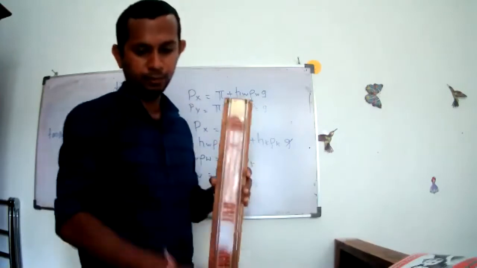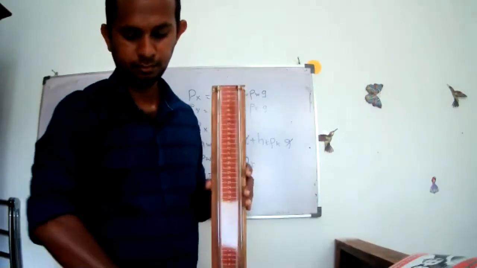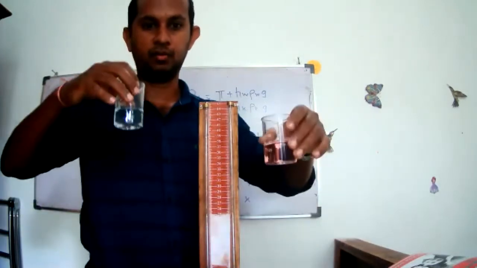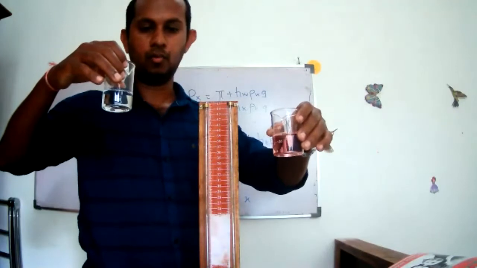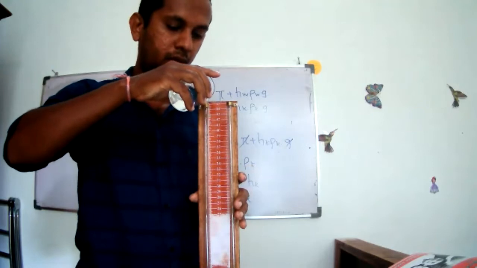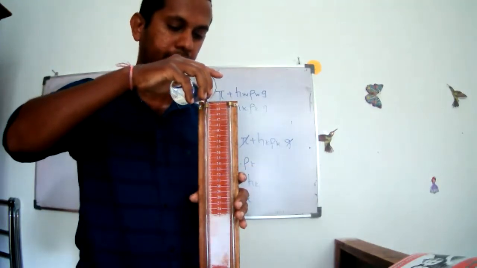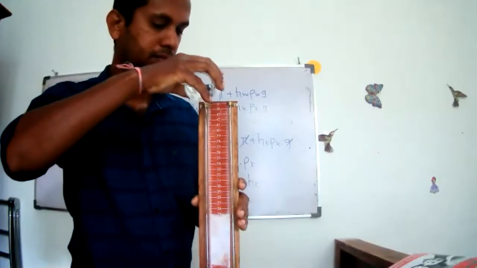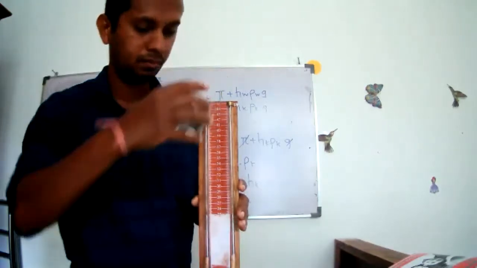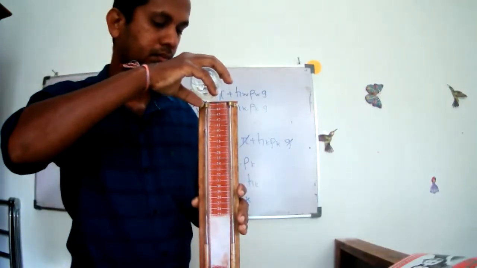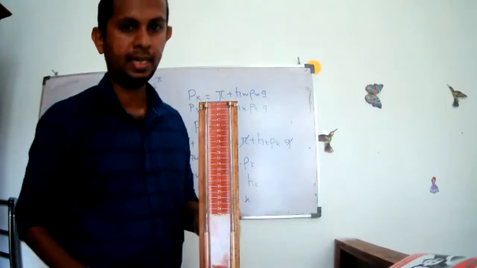Now I am going to take my U-tube. First, I am going to add water, out of the 2 liquids, because I have told you that water already has the higher density, right? So I am going to add a certain amount of water here. Right now I have already added water, right?